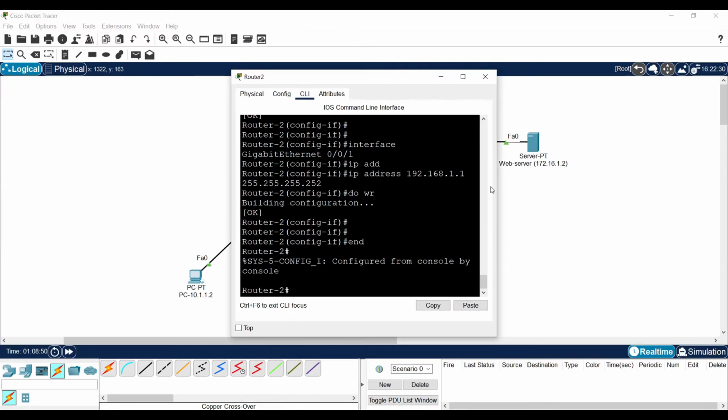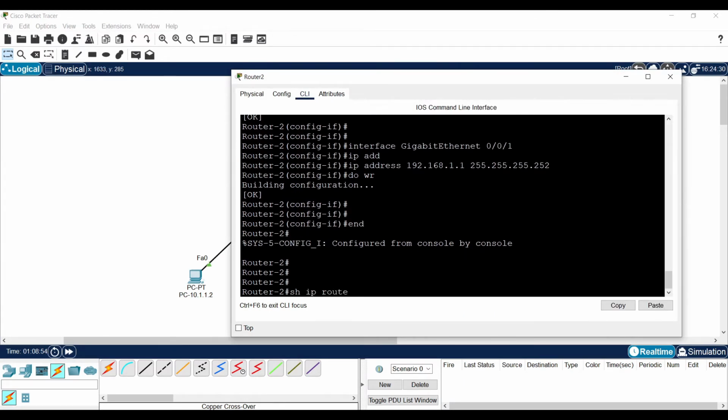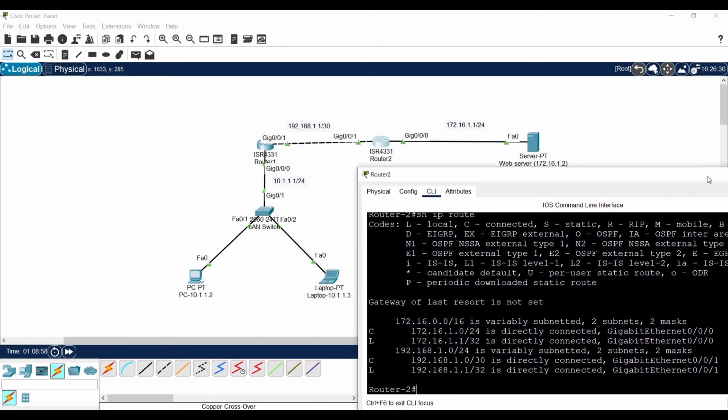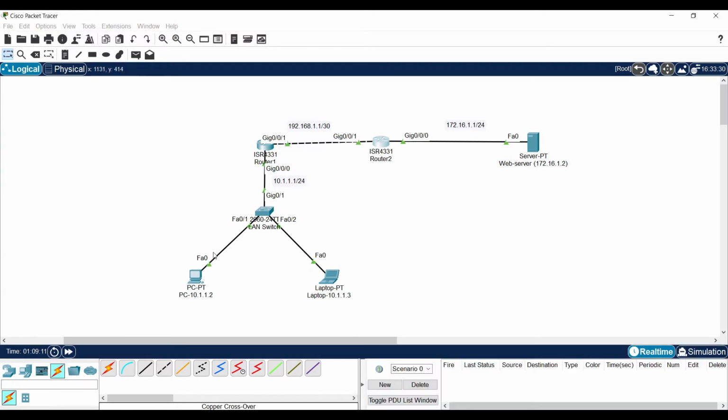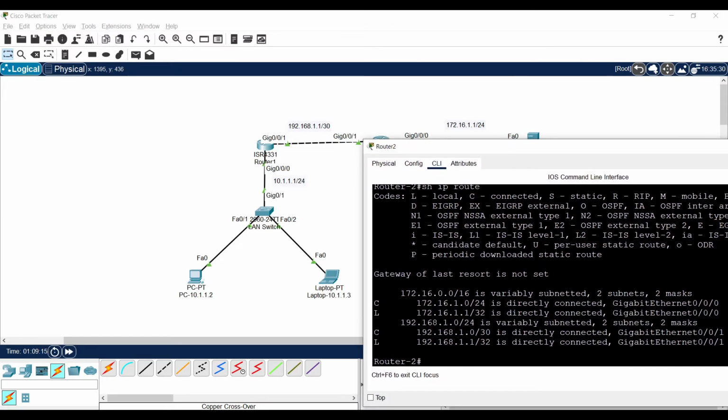Let's check the status on router 2. Similar to router 1, it has the connected routes learned by default, and this router doesn't know how to reach my PC network. So we have to guide the router manually by adding the static route.